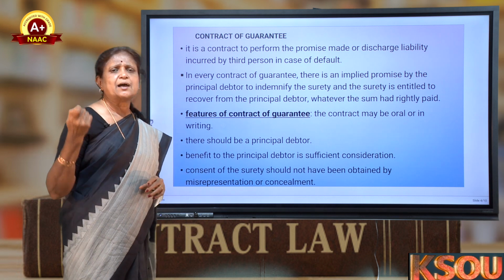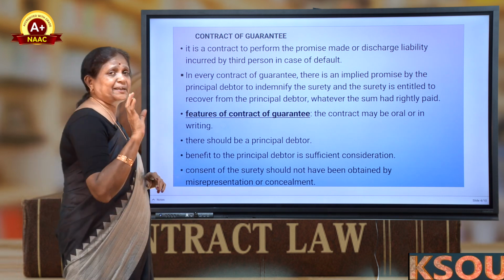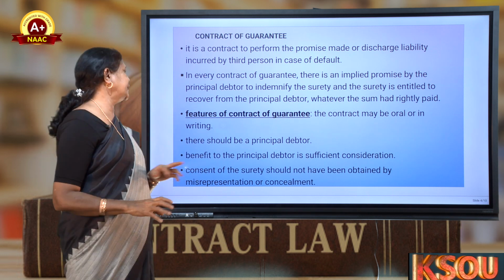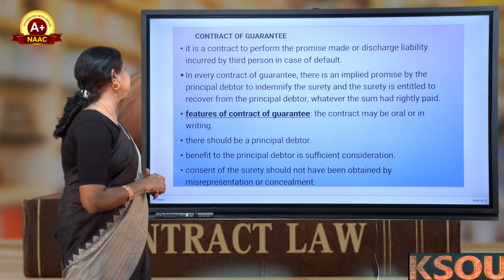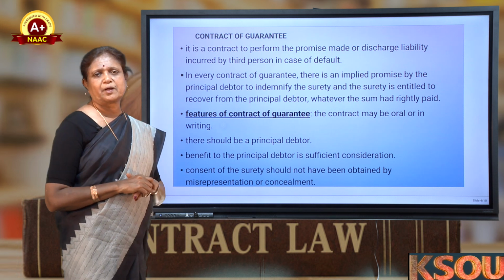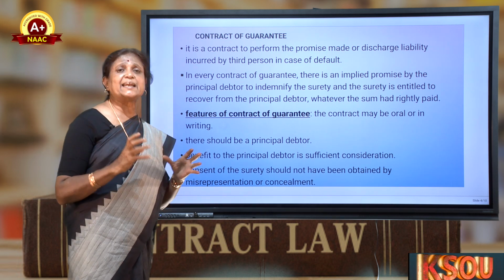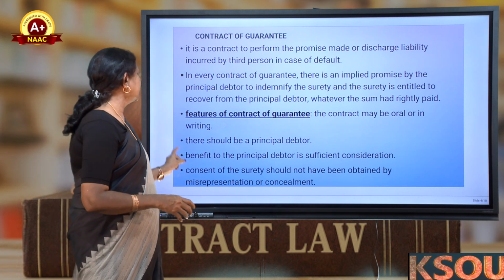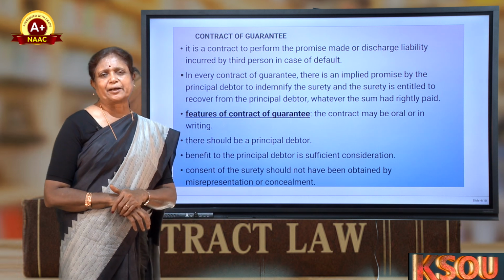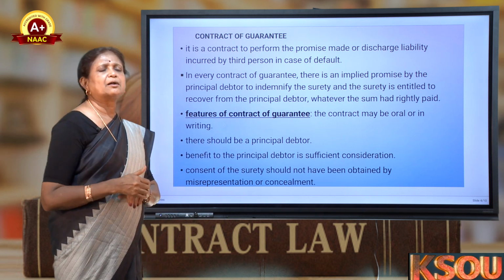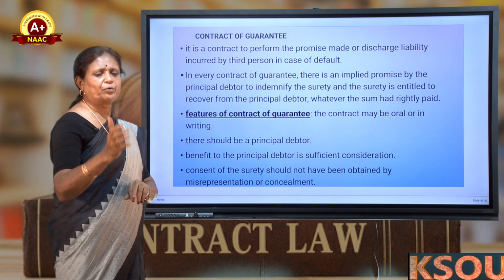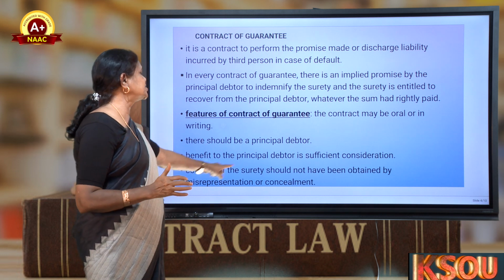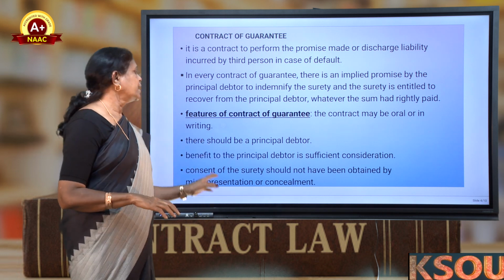In most cases, a contract of guarantee is in writing, and there should be a principal debtor who owes money to the creditor. Always the benefit goes to the principal debtor, because the surety will not gain anything. The only consideration to the surety is the benefit of the principal debtor. If the principal debtor fails to pay the money, the surety will give it. So whatever money is given to the creditor, that itself is the consideration for the surety, and that benefit goes to the